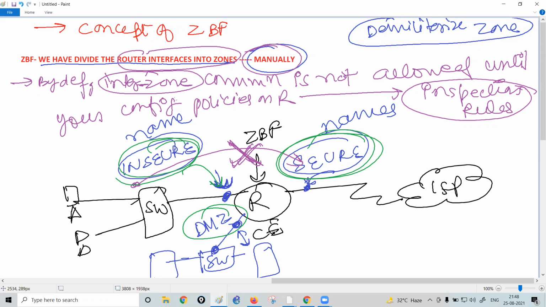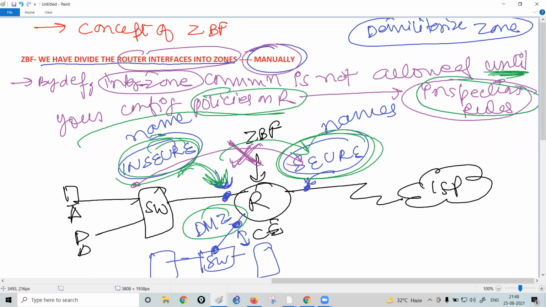So by default, any traffic generated in one zone of the router will not be forwarded to another zone. This is the default action until you configure the policies on the router. Until and unless you allow the router to forward the traffic from one zone to another zone, it will not forward. And the policies which you are going to create on the router are known as inspection rules.